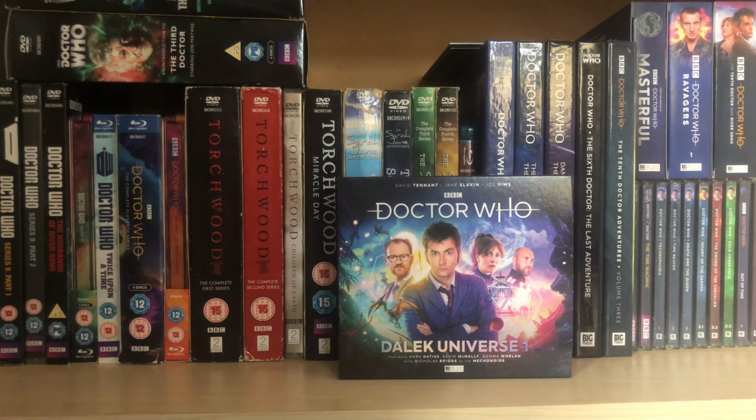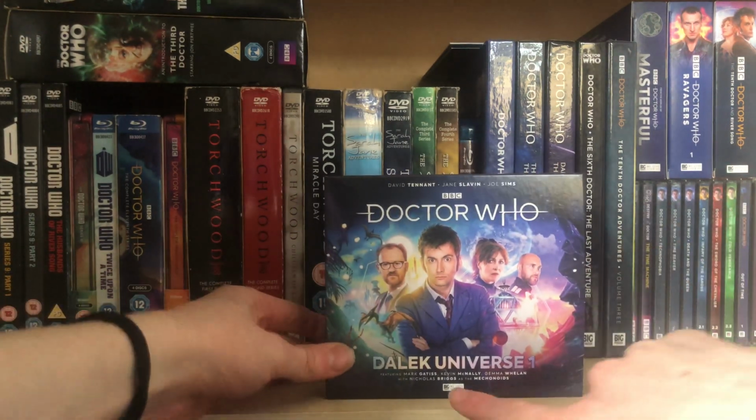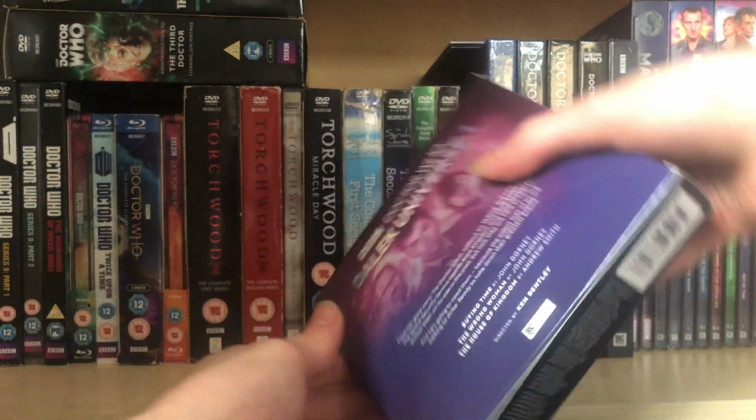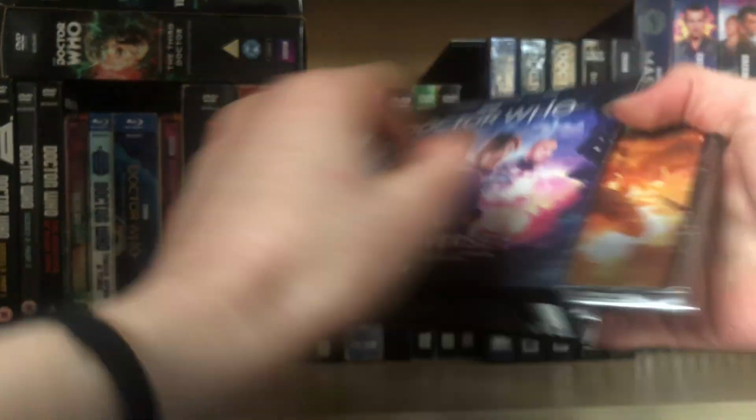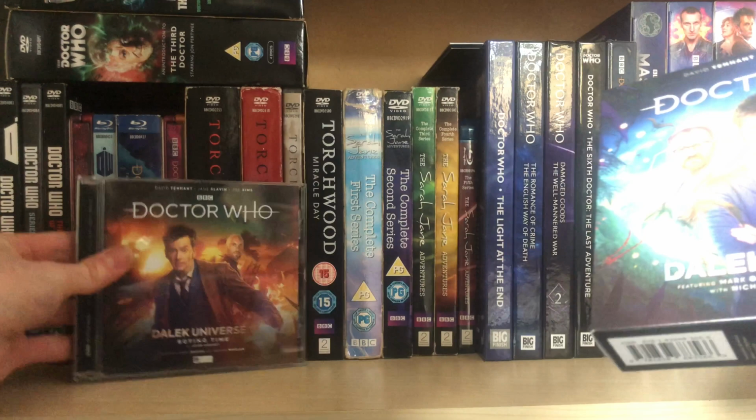I really, really liked it. It was a bit of a mixed bag afterwards, but I still loved what they did with it and where they went with it. I thought all the characters in it were a really nice ensemble. I might do a review of this at some point, I don't know. Maybe in the run up to Dalek Universe 2, it might be fun to do a review of the Dalek Universe stories so far, because I am really enjoying it,